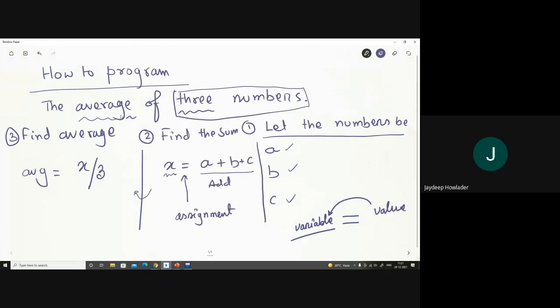Okay, so these are the 3 steps. The first step is to declare the variables. The second step is to compute the sum of the variables, and the third step is to find the average by dividing by 3. Okay? And in between there is an assignment, an initialization statement that we will take care of later. Okay?